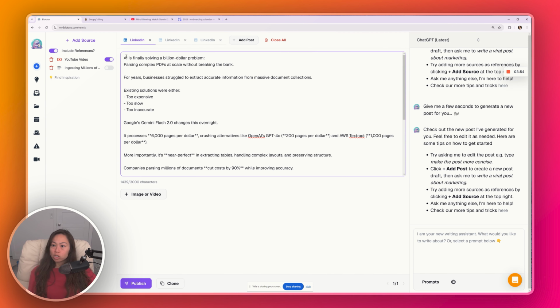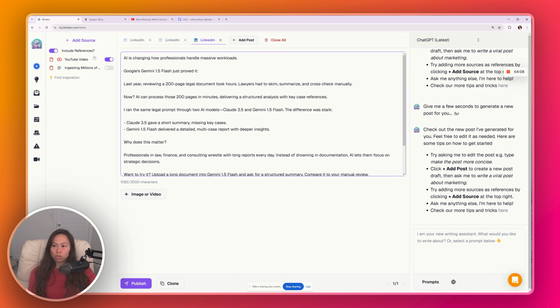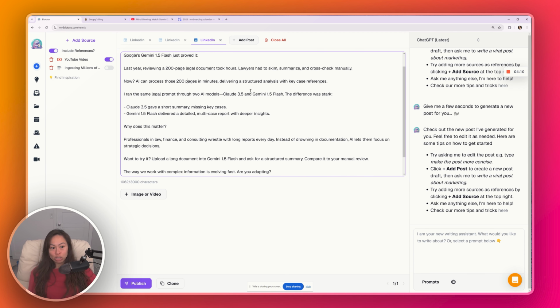because it's enabled. You can actually tell because this information here, 6,000 pages per dollar, was present only in this second source over here that's turned off. And now if you go to the new post we created with the YouTube video, it doesn't mention that information